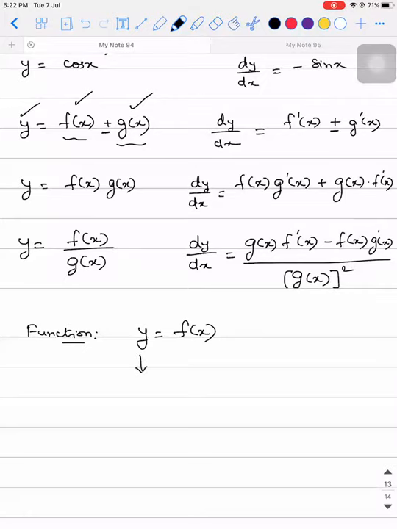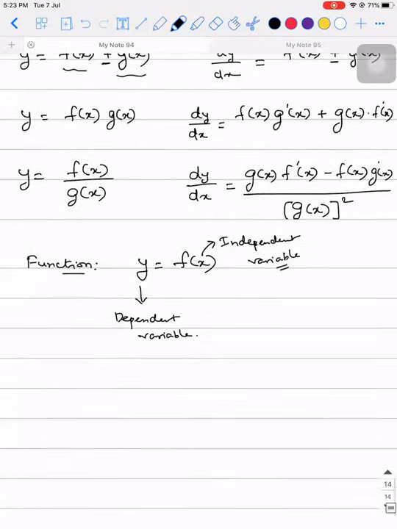So generally, the one which is there on the left-hand side is called the dependent variable. The one which is there inside the f is called the independent variable. Wherever I use the word independent variable, it means the variable where you are free to choose, you are free to substitute any value you want. I'll give you certain examples. You have indirectly learned functions in your 10th standard itself.